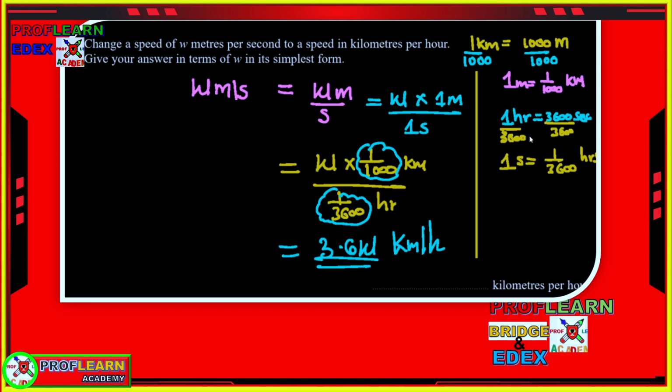If we divide by 3,600 both sides, we shall have 1 second is 1 over 3,600 hours. So 1 meter is equivalent to 1 over 1,000 kilometers, and 1 second is equivalent to 1 over 3,600 hours. So if you divide this one by this one,